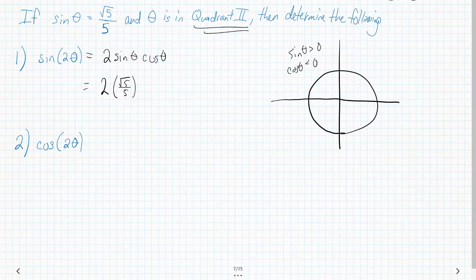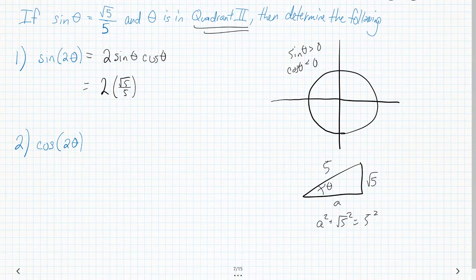Okay, so when we look at our triangle, if we have theta right here, what's actually happened? Well, you have square root of 5 on the opposite side, and you have 5 on the other side. So if this is a, you have a squared plus square root of 5 squared equals 5 squared. So notice a squared